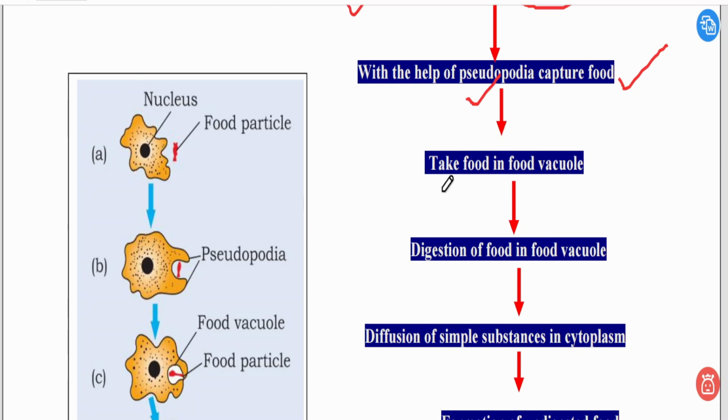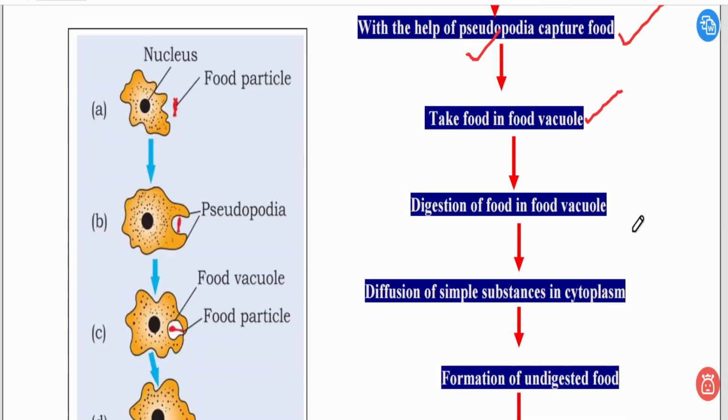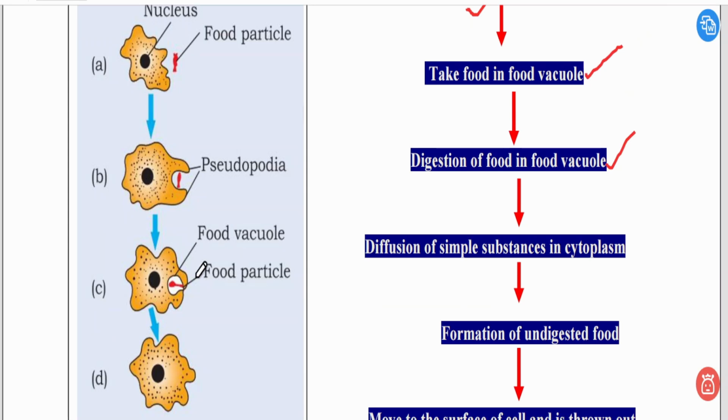तो ठीक है, अब नेक्स्ट स्टेप देखिए, टेक फूड इन फूड वैक्यूल। यस, फूड वैक्यूल के अंदर इस फूड को ले जाएंगे। देन डाइजेशन ऑफ फूड इन फूड वैक्यूल। तो यहाँ पे इस फूड वैक्यूल में क्या होगा? डाइजेशन प्रोसेस होगा, जिसमें बड़े-बड़े फूड पार्टिकल को एंजाइम की हेल्प से, एंजाइम रिलीज करके, एकदम सिंपल फॉर्म में ब्रेक डाउन करेंगे।